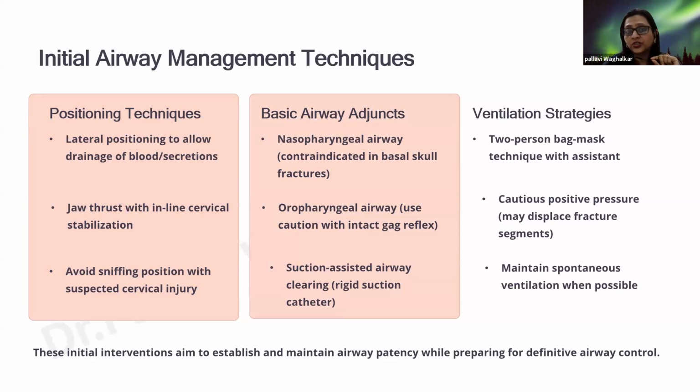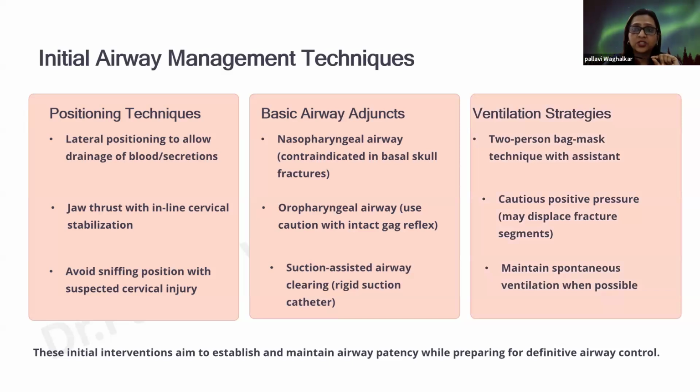With the oropharyngeal airway, we have to be cautious in patients who have an intact gag reflex or vomiting. Suction-assisted airway clearing will be required, with rigid suction catheters, and dual suctioning may be required. For ventilation strategies, the two-person bag-valve-mask technique can be useful. We have to be cautious when using positive pressure because that may displace the fracture segments, and whenever possible, we have to maintain spontaneous ventilation. So these initial interventions should aim to establish and maintain airway patency when we are going ahead for a